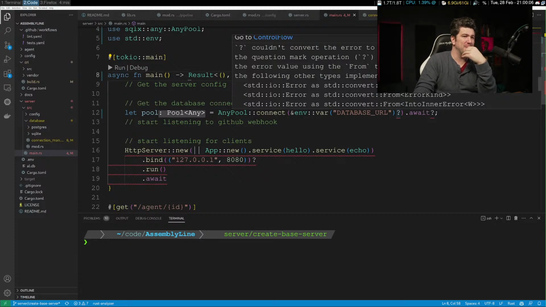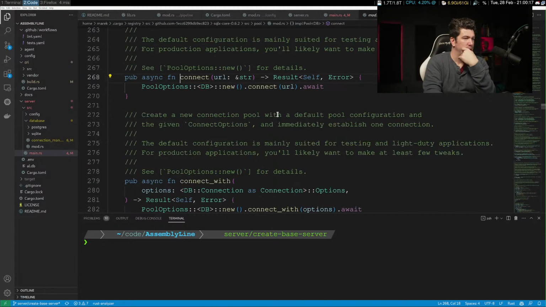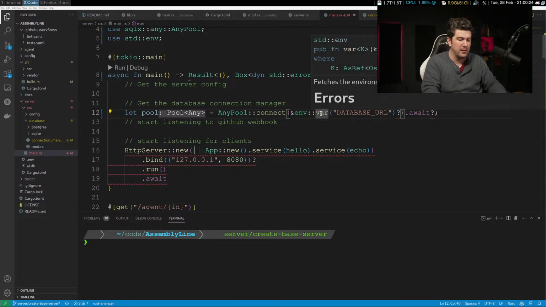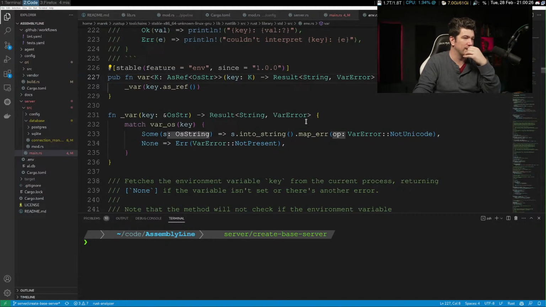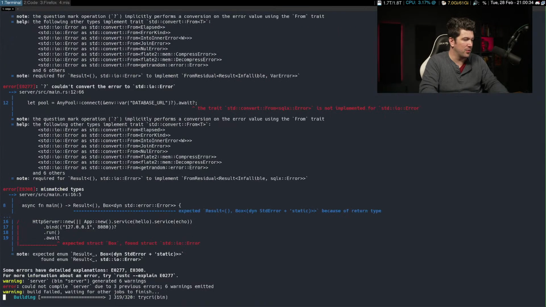The weird thing is it keeps complaining here that it can't convert to an STDIO error. I don't understand though why that is what it's saying, because I haven't had it as that for a while.